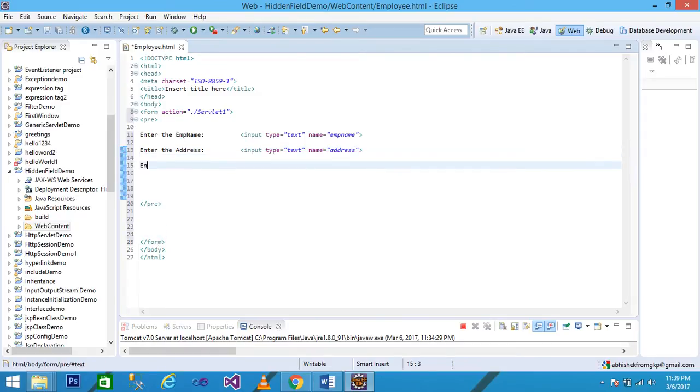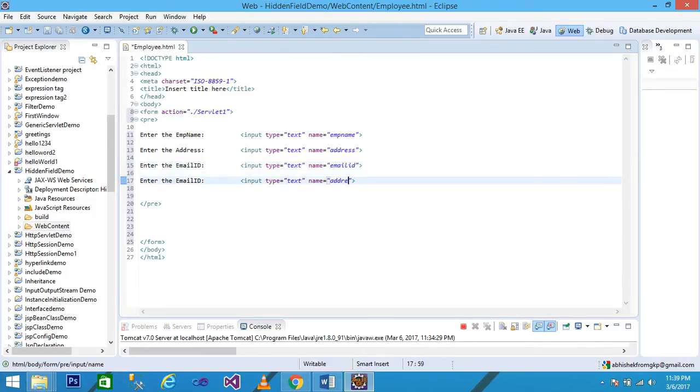Then enter the email ID, and then I copy this input type and paste it here, and again copy and paste. I change the email ID here, and here the mobile number, and I write: enter the mobile number,